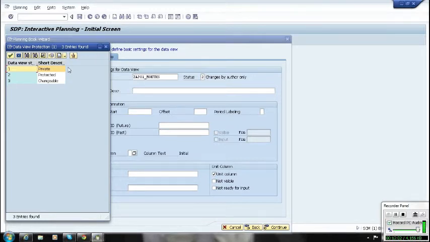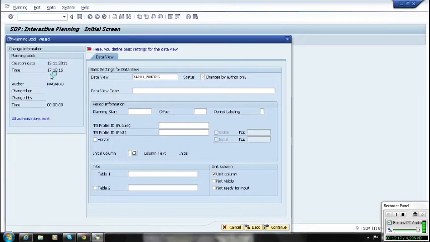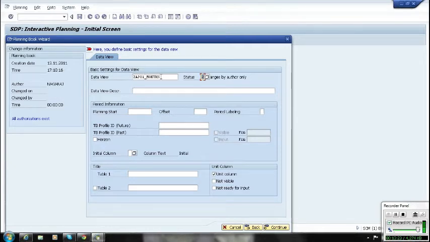And if I give 1, others can copy this one, but they cannot change it. And if I give 3, anybody can change the planning book. Like that also, we can restrict the authorization. If I give 2, others cannot change my planning book. So I will give the description.